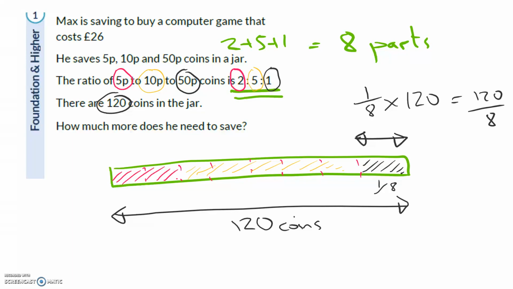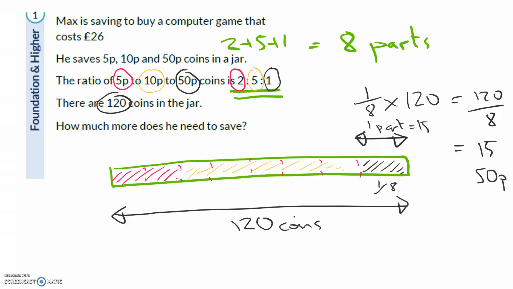Okay, and from that point, you could check the other video, the steps are exactly the same. Okay, we're going to get 15. So there are 15 50p's. Okay, right, then what can we do? Well, we now know what 1 part is worth. 1 part of this bar